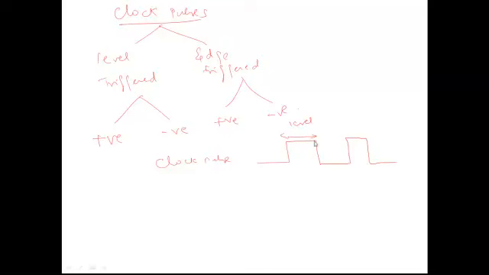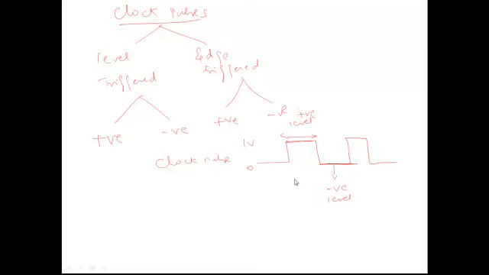This end to this end, we call it as a level. So, if this is 0 and 1 volt, we say this is a positive level, and this 0 level we call it as a negative level. So, this is the positive level, this we say negative level.